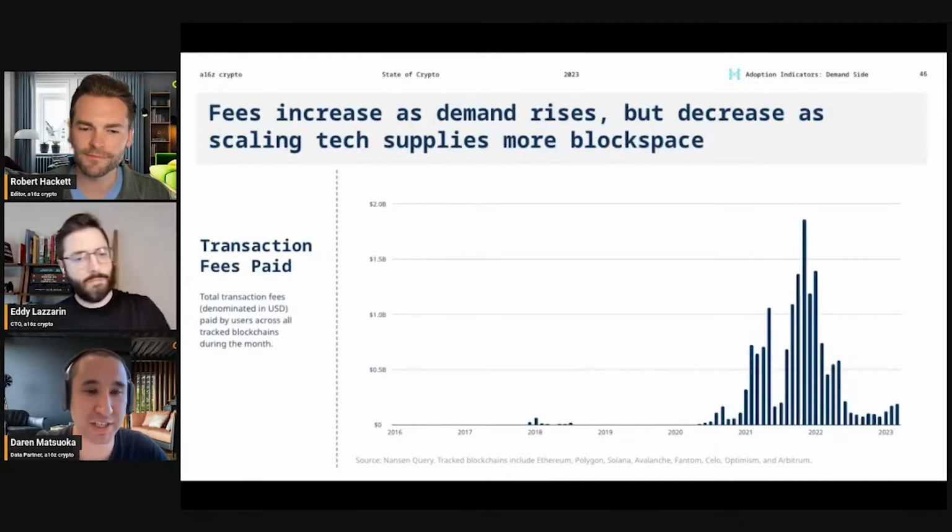We can also look at transaction fees paid, which is really just the overall amount of money that people are paying for block space across the different blockchains. Now, this one's a little bit nuanced because, of course, as demand rises, people are going to naturally pay more for that block space. But there's also the supply side of that market, which is, as scaling tech comes online, as we now start to get layer twos and other layer ones that reduce the transaction fees, you're going to get more block space, resulting in less overall net transaction fees paid. And so this one is an interesting metric to unpack,